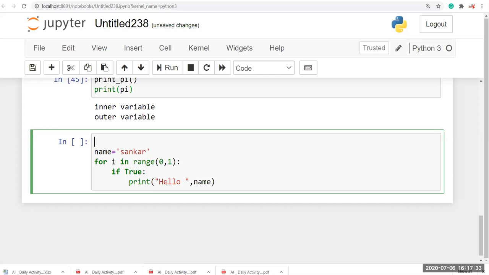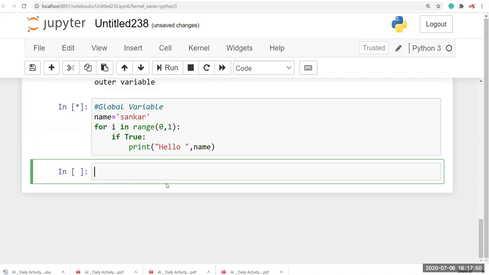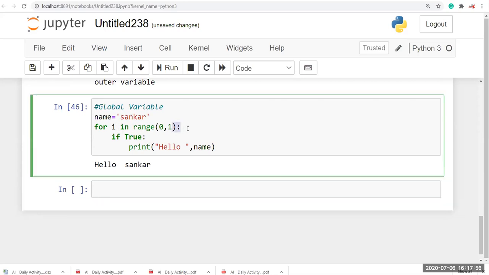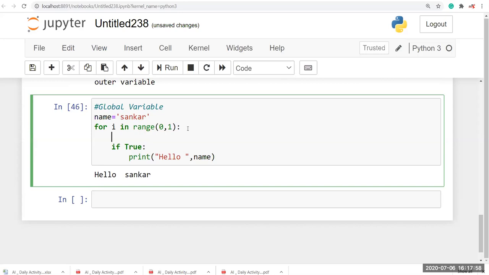Here I'm going to give some comments using asterisk, global variable. Okay, so I'm going to run this. Now you can see here, hello Shankar. Okay, this is global variable. So after that, I'm going to create name equal to Dinesh.